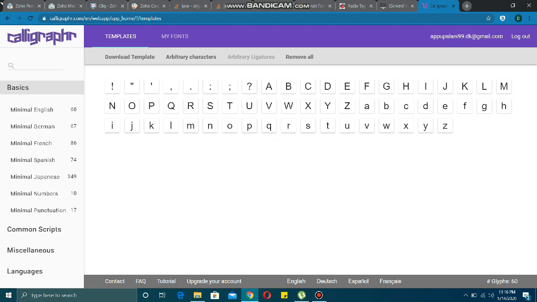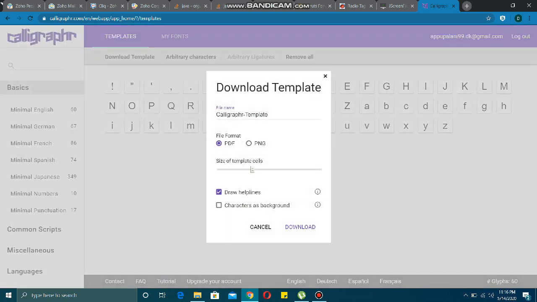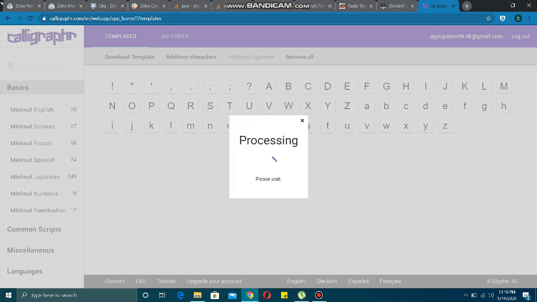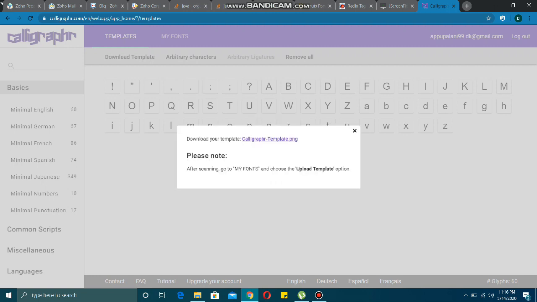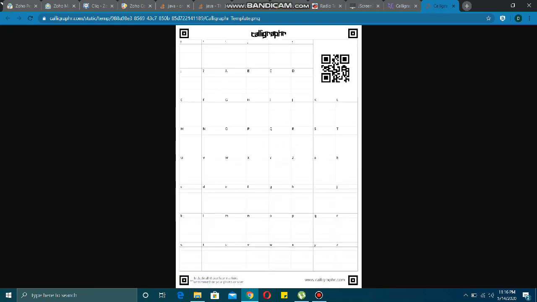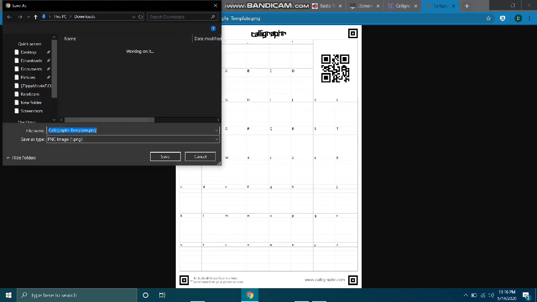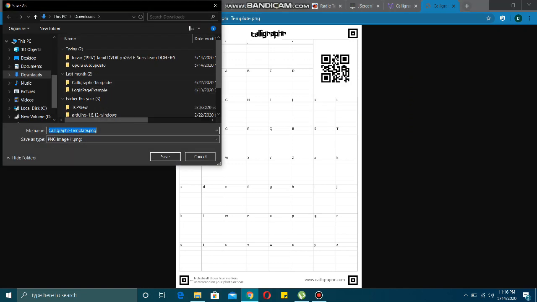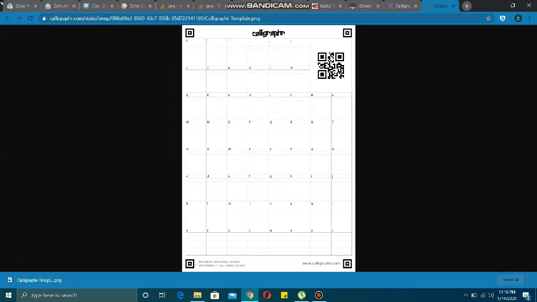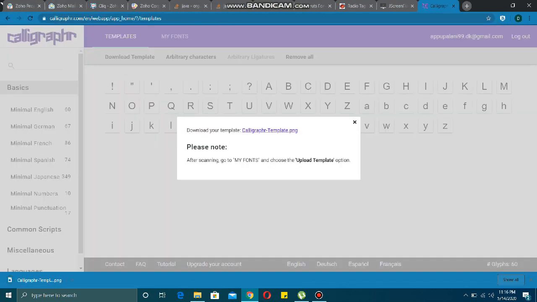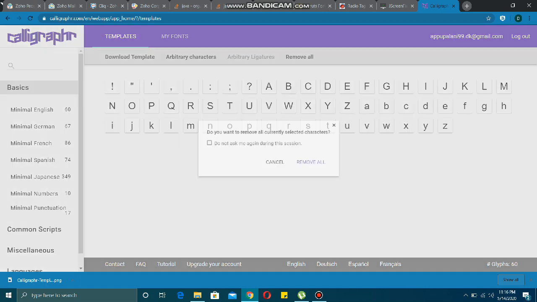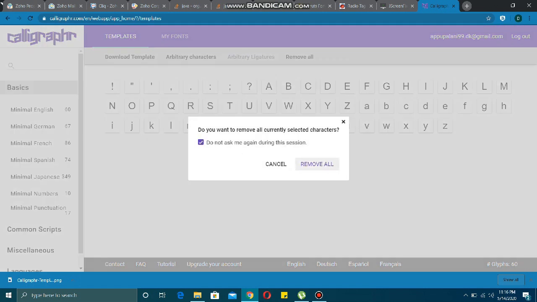Okay, I added all the alphabets I needed, and I have just downloaded the template for it. Download it in PNG, so it will be easy for you to take a printout. Actually, we are just going to create a new font, so all the A to Z and other letters we require will come in this page, and you have to write them in your own handwriting, the way you write A to Z, in pencil or pen or something. After that, you have to take a snap of it.